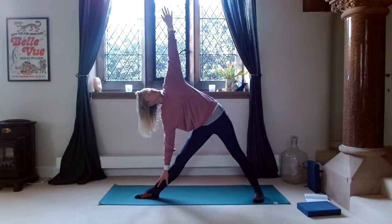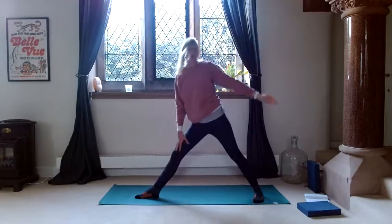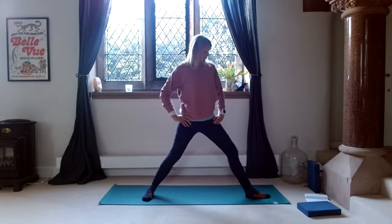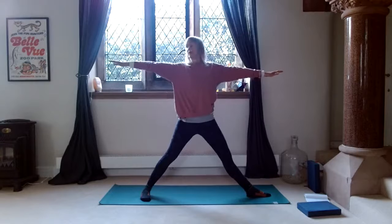Press into the feet, lift up slowly, and toes forward. Maybe shrug the shoulders a little bit, release the shoulders, and then triangle to our left side. So left toes out, right heel out slightly, draw both kneecaps up, extend the fingertips away, breathe in,